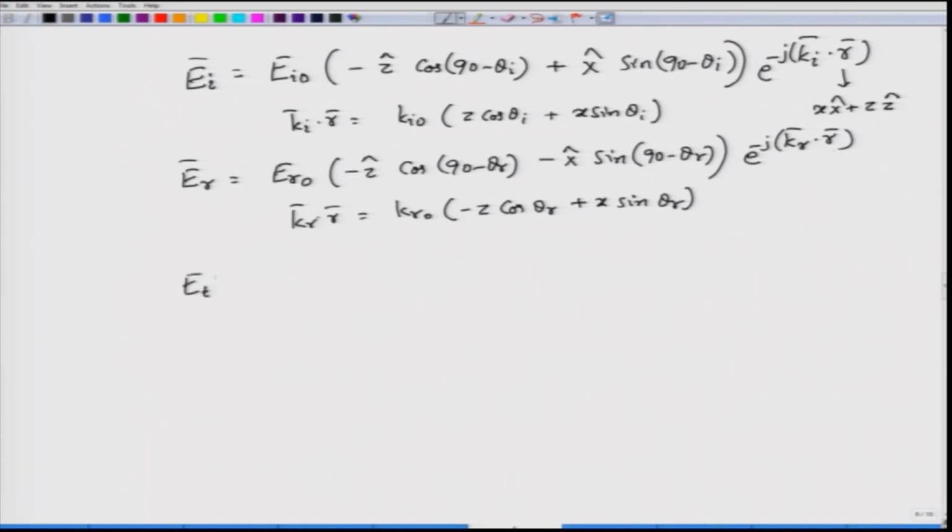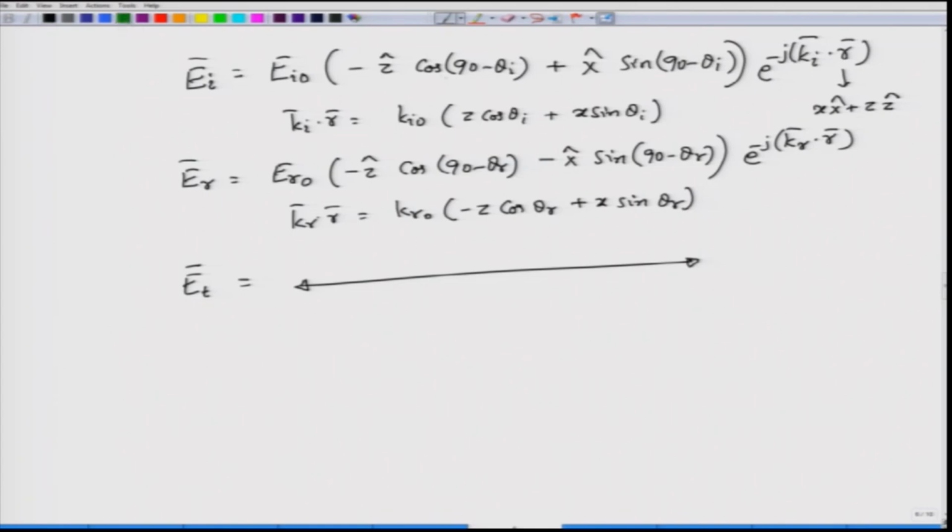Shall I leave the transmitted electric field as an exercise for you? I will leave this one as an exercise, and you can fill out this expression and verify whether you have done it correctly when I write the next set to obtain certain other relationships. Well, I also know that cosine of